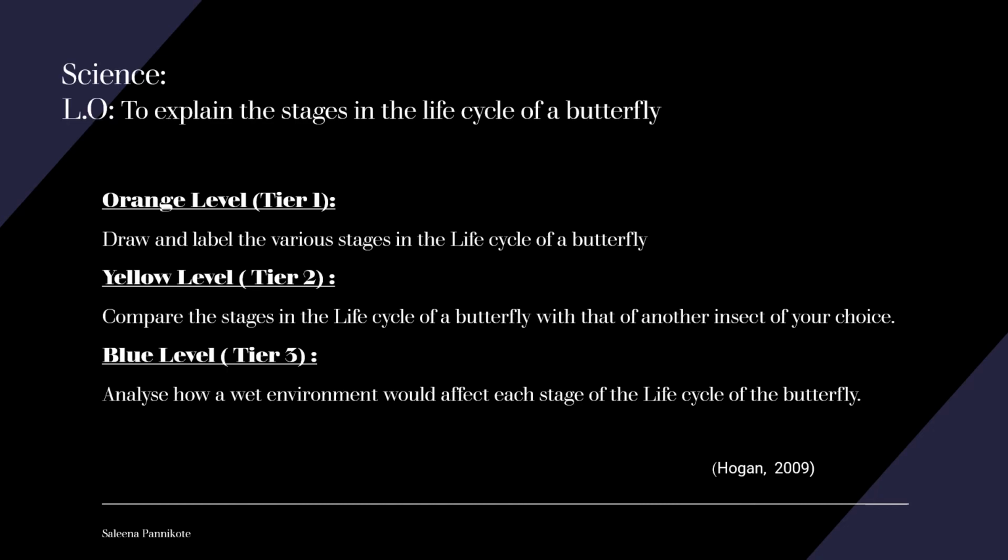The objective of this science lesson is to understand and explain the life cycle of a butterfly. Here, the complexity of the task progressively increases as we move from Tier 1 to 2 and then to 3. The Tier 1 task fulfills the standard expectations of the grade, while the Tier 2 task encourages students to explore deeper into the life cycle of other insects. Tier 3, however, provides the students opportunities to use their higher order thinking skills. They gather information, analyze, critique, and synthesize this information to come to a valid conclusion.